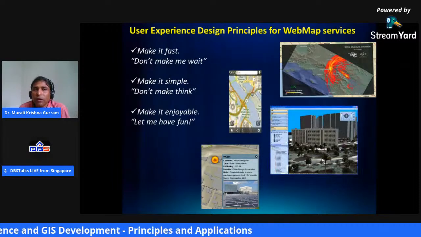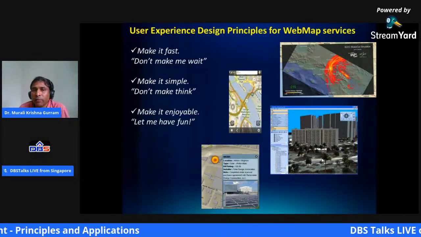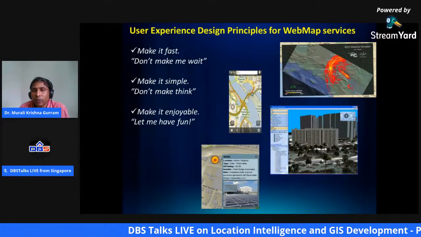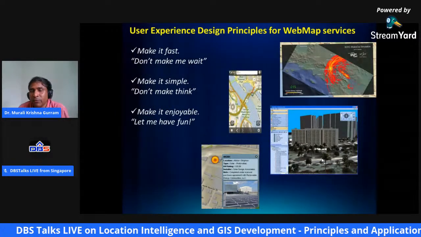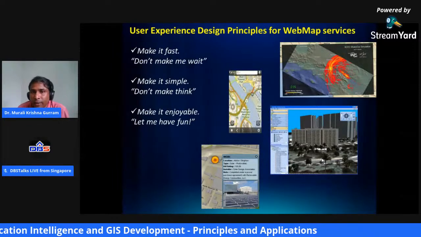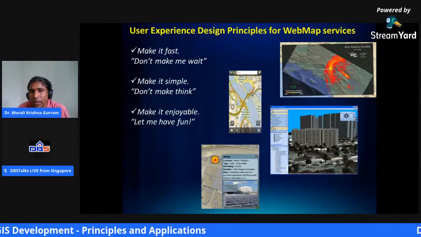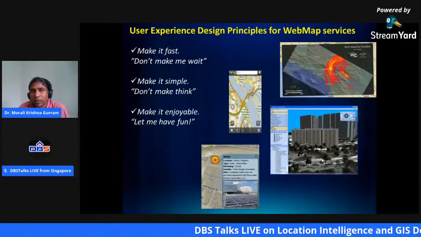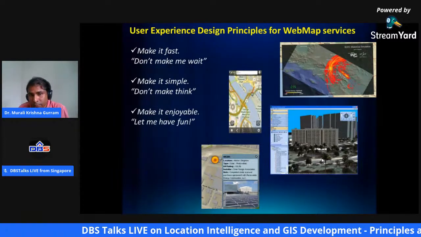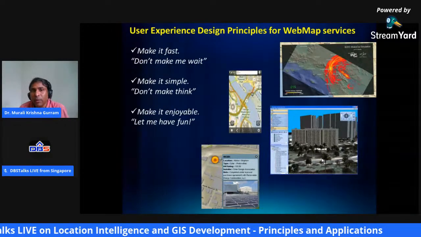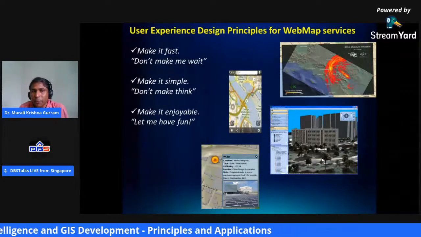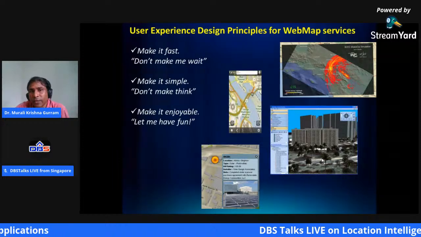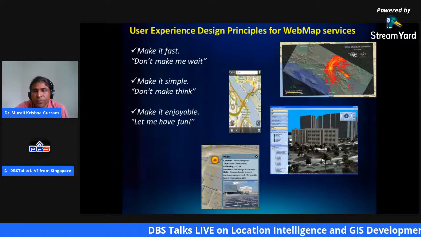If you cannot enjoy that experience, people are not interested in visiting or viewing that content or data. So you need to make it more playful and enjoyable. The experience must be enriched with some kind of fun. That is the basic design goal of any application for that matter. Next slide, please.